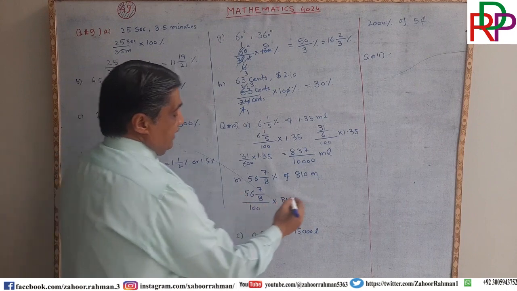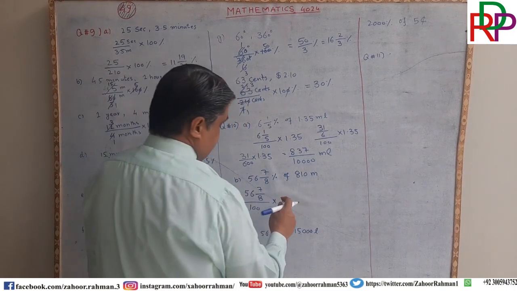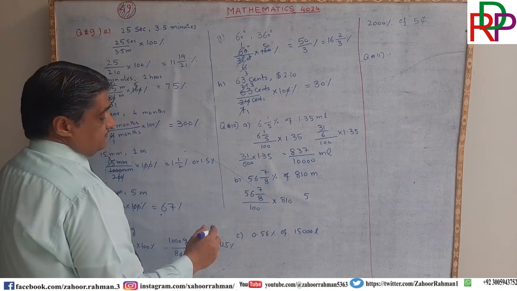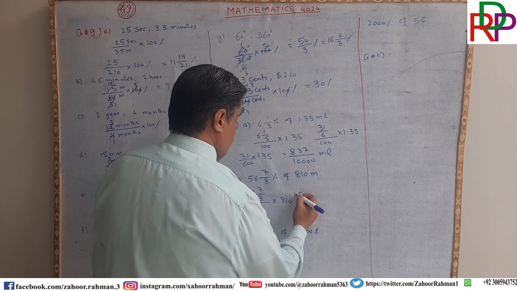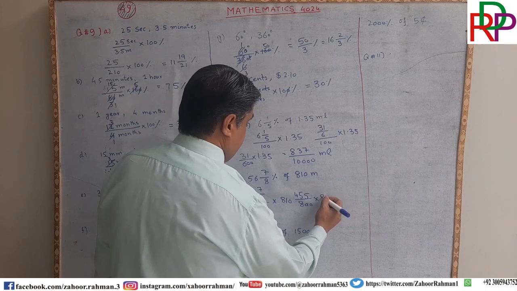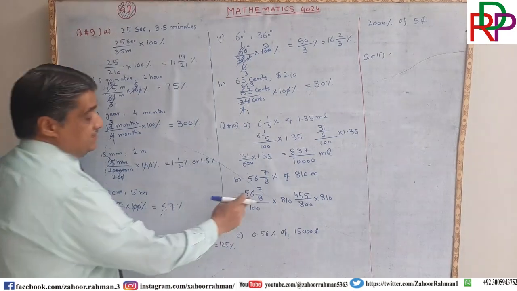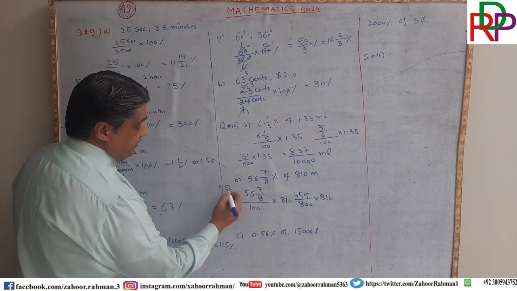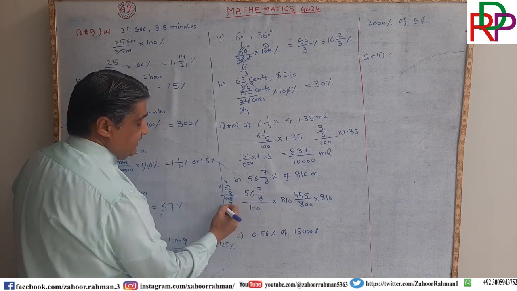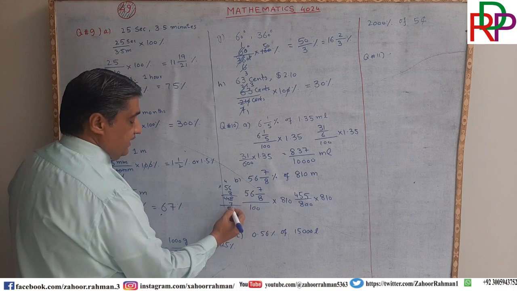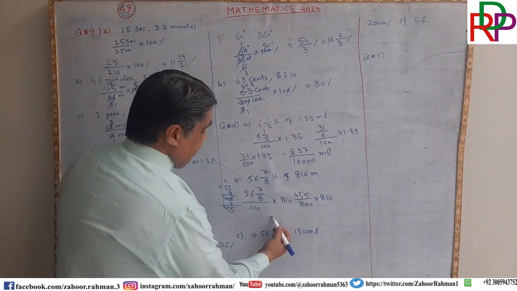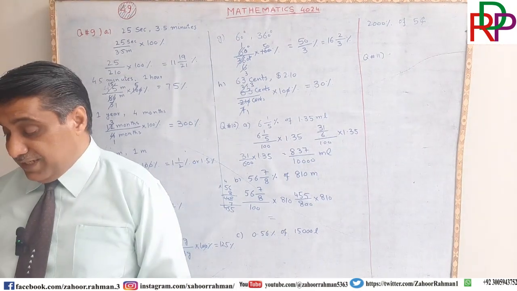Now when we are multiplying this 8 into 56, so it will be 455 divided by 800 multiplied by 810. Now ladies and gentlemen, when we multiply this, let us confirm that 8 times 56 is 448, and when we add that 7 with it, it is 455. Yes, it is correct. So 455 divided by 800, and when we give a final touch to it, it will be